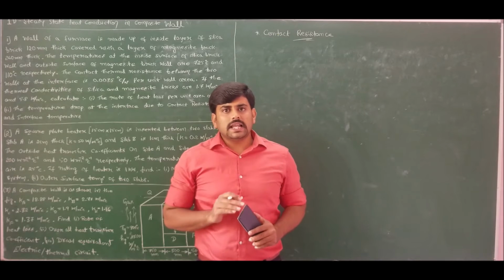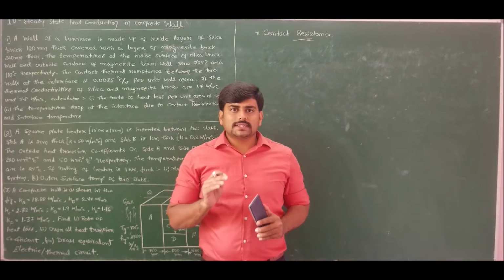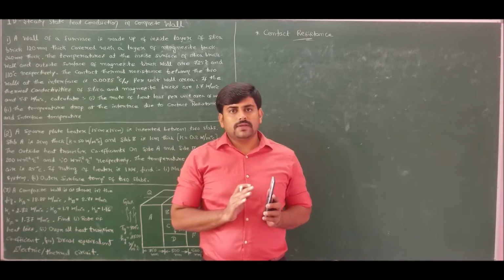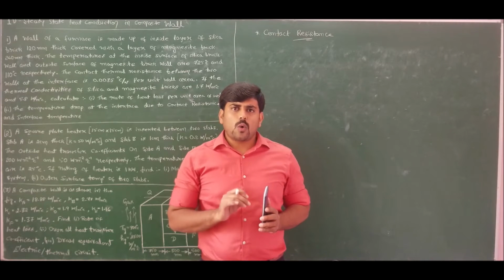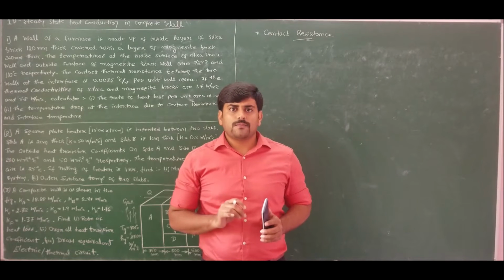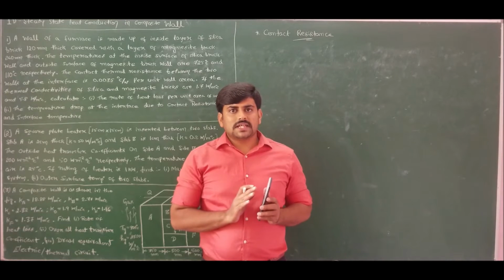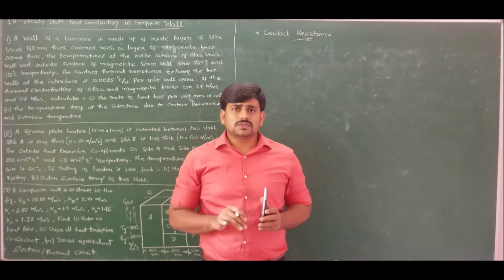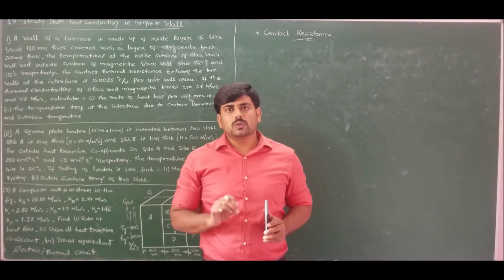In actual multi-layered or composite walls, there will be voids between the surfaces of the walls, at the interface between the two walls. This presence of voids, that is air gaps, causes resistance to heat flow. Or if glue is present between two attached metal pieces, this glue will cause resistance to heat flow. Due to this, a temperature drop is observed at the interface between the two walls.